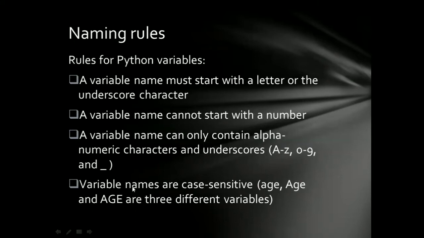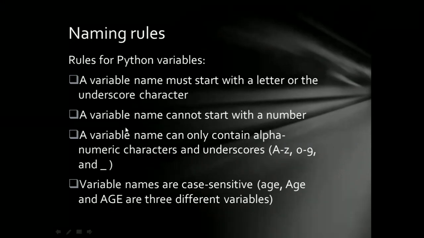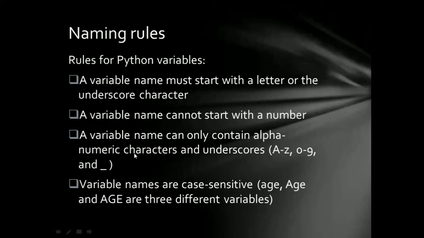Now, how do we name these variables? We have used simply A, B, C like that, right? So there are some rules which have to be followed when you name these variables. A variable name must start with a letter or underscore character. It can be lowercase or uppercase, and it cannot start with a number or any special character. It can only contain alphanumeric characters, that is either capital A to Z, digit 0 to 9, and underscore.